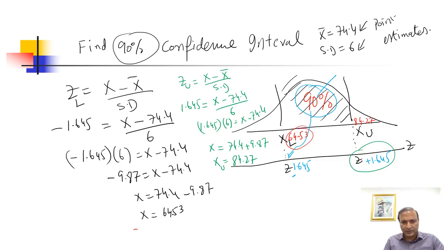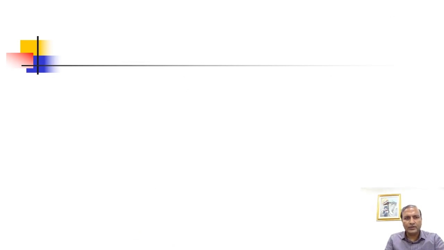So my confidence interval is 64.53 to 84.27. And how much are we confident? 90% confident. Okay. Okay, so now let me show you how to find